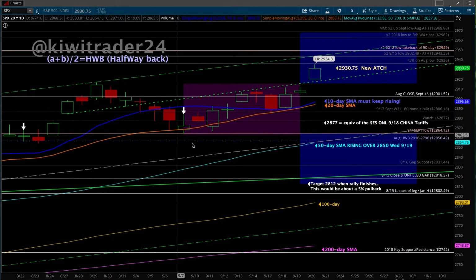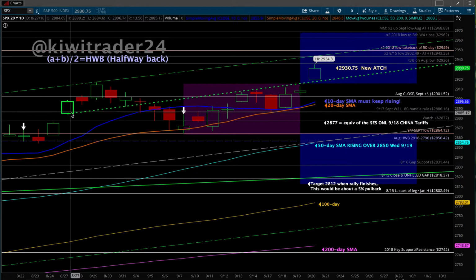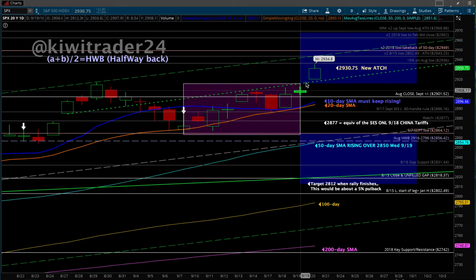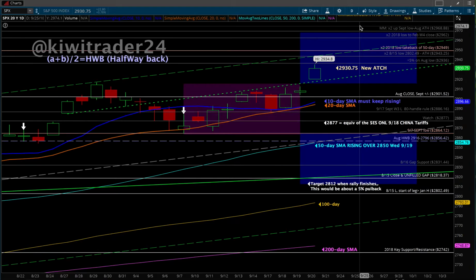I was looking at this pattern that's forming here and realizing that we've got a pretty nicely shaped V-shaped sort of inverse head and shoulders pattern forming. And I drew your typical breakout line on it, going from the bottom of the left shoulder through the neckline and letting it extend on out. And I realized that really all we needed to do was get a little bit higher than where we were at yesterday, basically taking out our previous all-time high, and boom, we would have a nice breakout on this inverse